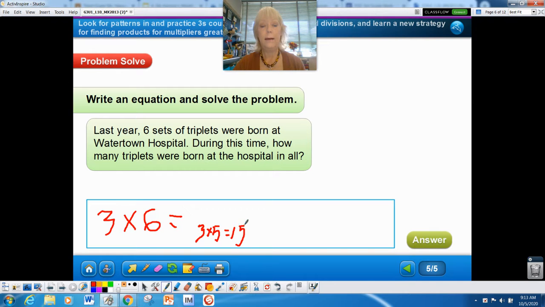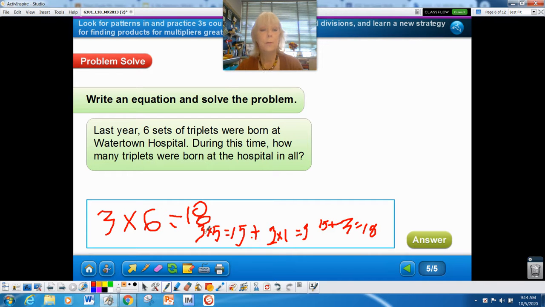Okay, and so you have what is left over from that 5 from the 6. That's going to be a 1 plus 3 times 1. And what do we know when we multiply by 1? Every time we multiply by 1, whatever the number is that we're multiplying by 1 always stays the same. So 3 times 1 is 3. And if you add 15 plus 3 equals 15, 16, 17, 18. So 3 times 6 equals